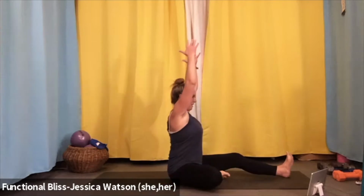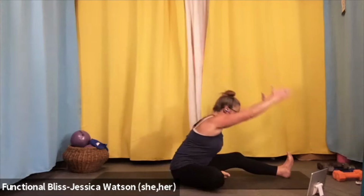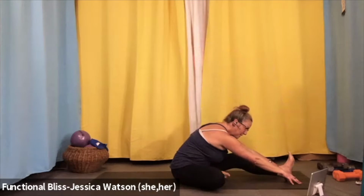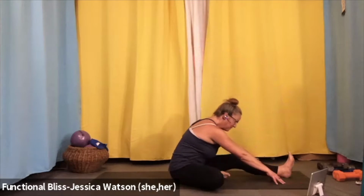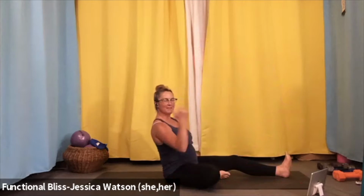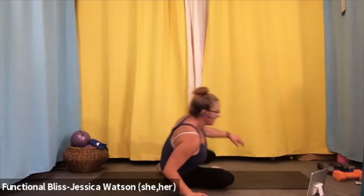Inhale, think about lifting up and over. Exhale, reaching towards your foot. Hands are going to find the floor. Press into the fingertips, pull the abdominal muscles in, pull the ribs back as you drag the fingers. Nice. And then from here, lean back into your sits bones, swing that leg around and find your way into